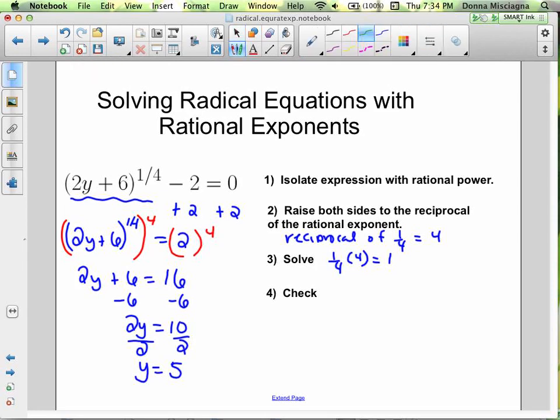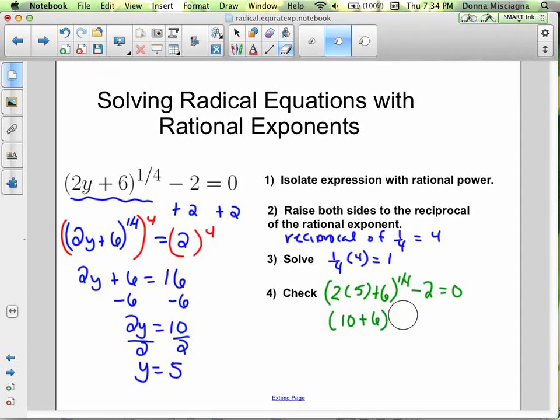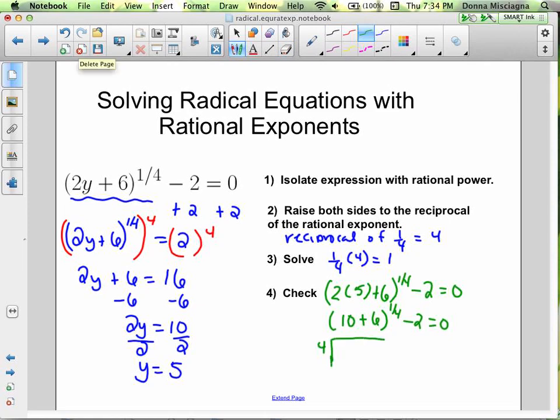All right, so we've got 2 times 5 plus 6, all raised to the 1/4 power, minus 2 equals 0. So that's going to be 10 plus 6 to the 1/4 power, minus 2 equals 0. When we add those together, let's rewrite that. If our exponent is the 1/4 power, we know that is a 4th root. The 4 in the denominator is the index on our radical, and we're raising it to the 1st power, and you don't need to raise something to the 1st power. So you've got the 4th root of 16 minus 2